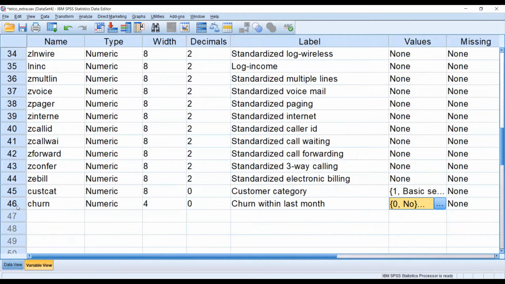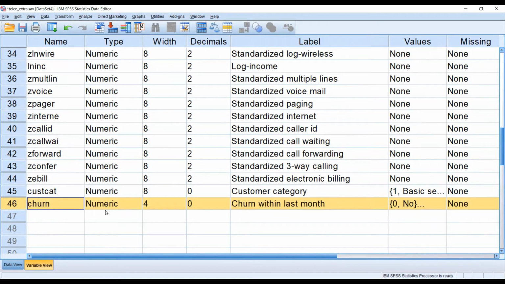Most of the time we use the churn variable to identify the customer who will be loyal to the company or who will leave the company in the next year or the next month. If we are going to use the churn variable, most of the time a classification technique is to be used.